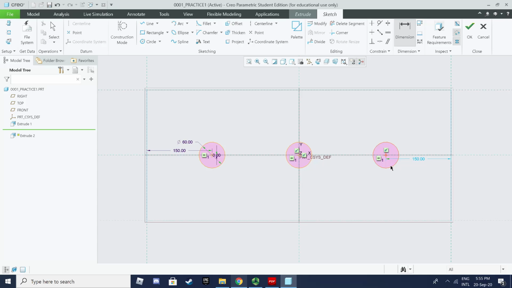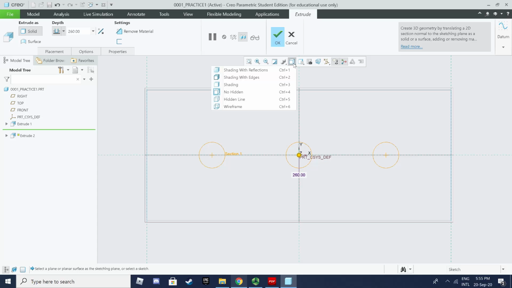Since we are still referencing for the third hole, the reference is still according to the first hole, and you need to delete the third hole. That's okay. Then we just proceed with this one and click OK,